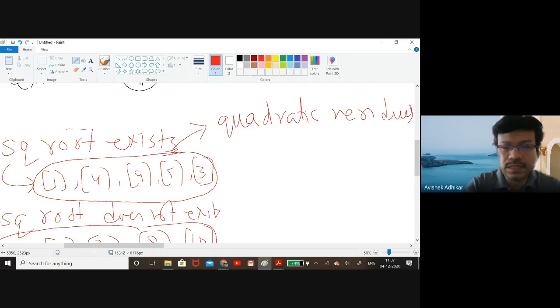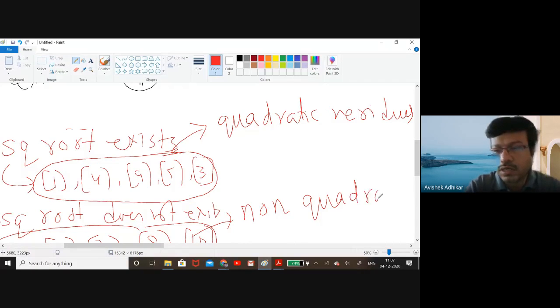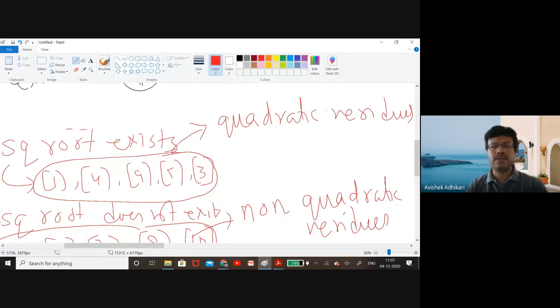And these elements are called non-quadratic residues. Okay. So from here, there might be a kind of intuition that you may have that in ZP star,